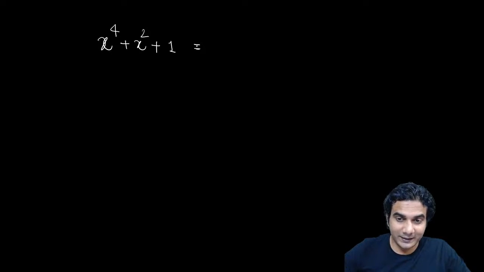If I give you a hint, then you need to make it a perfect square by adding and subtracting something. Try to think about it. All right, I'll continue. So see this